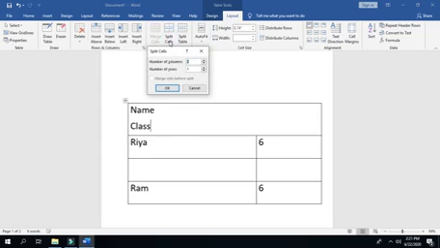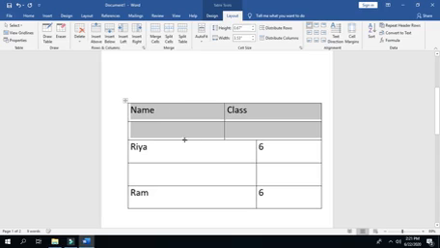When we click on Split Cells option, it will ask in how many columns we want to divide this box, or in how many rows. Suppose in the number of columns we type 2, and in the number of rows we also type 2. Then see, the selected box is split or divided into two rows and two columns.